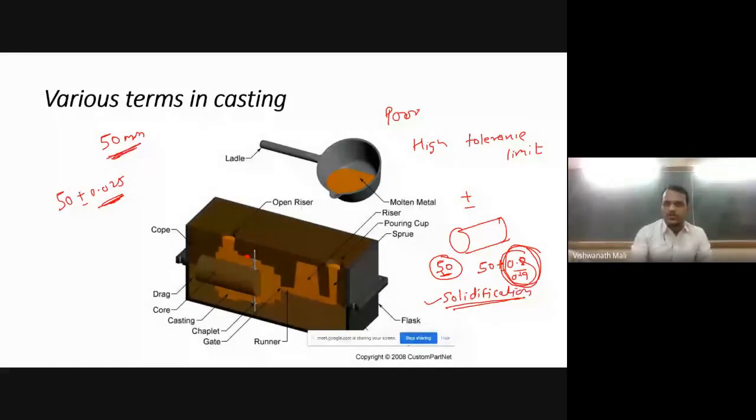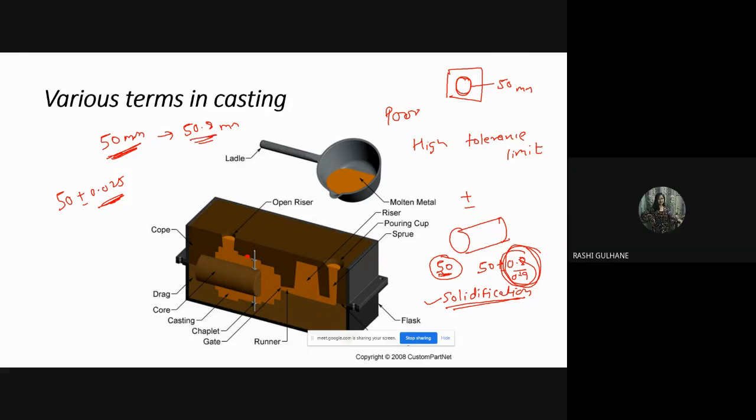We have already manufactured another part which has a hole of 50 mm. We want to insert the rod into this hole, which should be 50 mm. But if we manufacture the part by casting and, due to the high tolerance limits, its dimension is 50.8 mm, this rod will not get inserted into this hole. The assembly will not be proper if the dimensions are not exact due to the high tolerance limit. Okay, sir, got it.